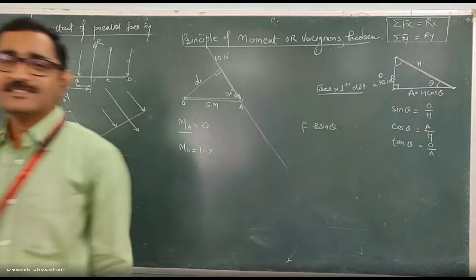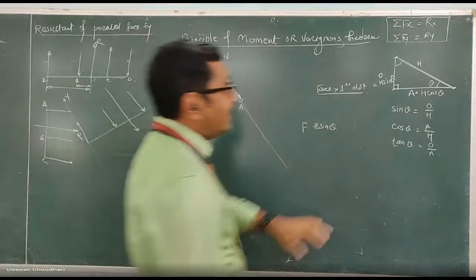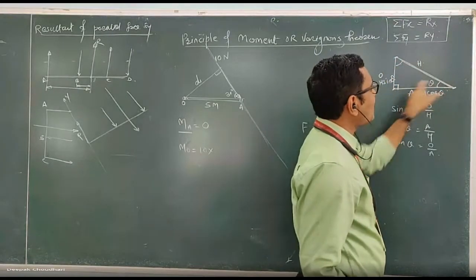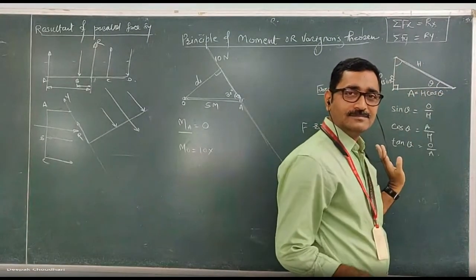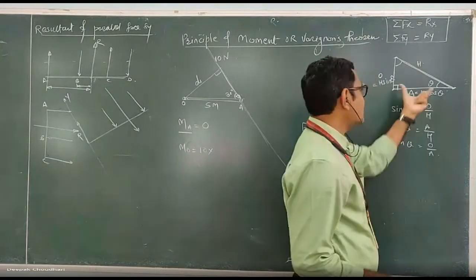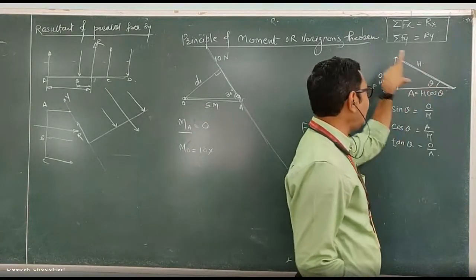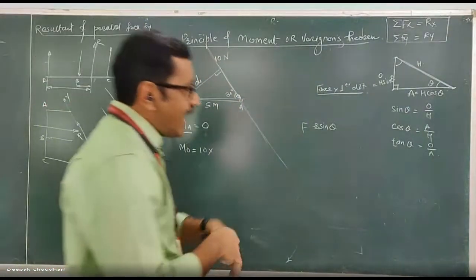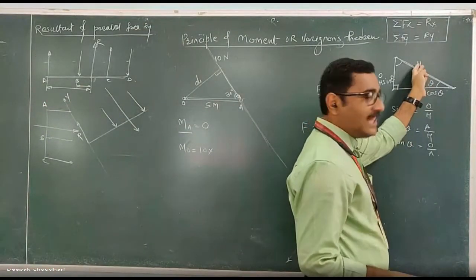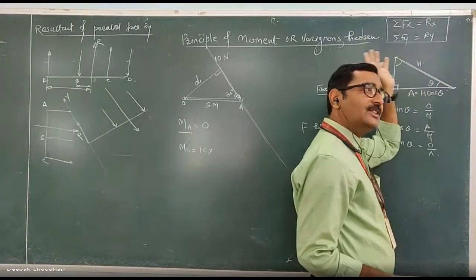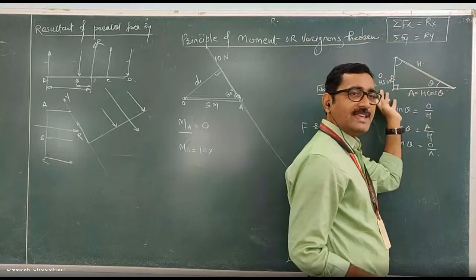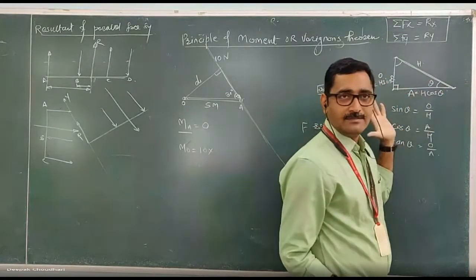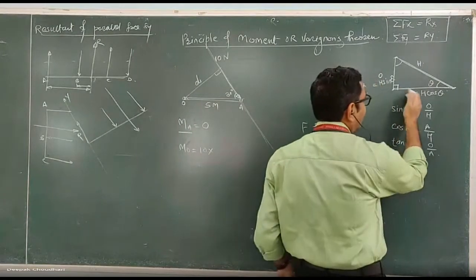Am I right? Yeah. So in a right angle triangle, if the hypotenuse is given and you want to calculate the side, here you have to resolve this hypotenuse. Understood? Here the adjacent side will be h cos theta and the opposite side will be h sin theta. Okay, you can also remember it like this: if with the help of the hypotenuse you have to calculate a side, multiply that hypotenuse either by sin or by cos. If it is the adjacent side, then cos; if it is opposite, then sin.